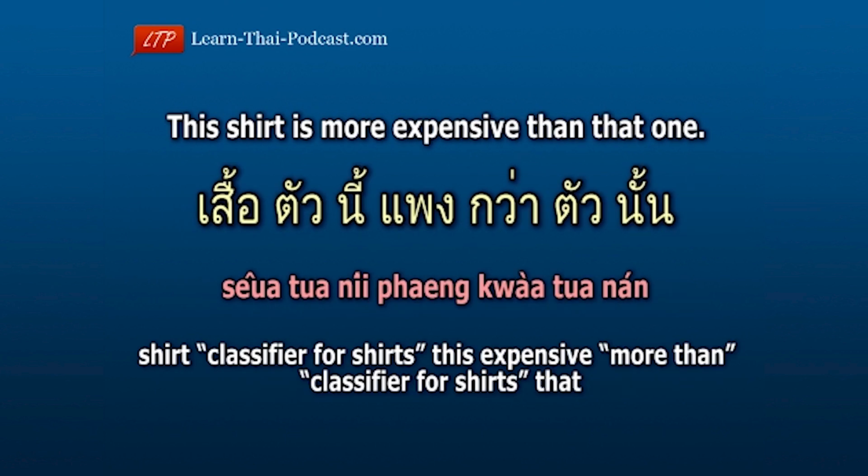This shirt is more expensive than that one. เสื้อตัวนี้แพงกว่าตัวนั้น Shirt เสื้อ classifier for shirt ตัว This นี้ expensive แพง more than กว่า classifier for shirt ตัว That นั้น shirt classifier for shirt. This expensive more than classifier for shirt. That เสื้อตัวนี้แพงกว่าตัวนั้น